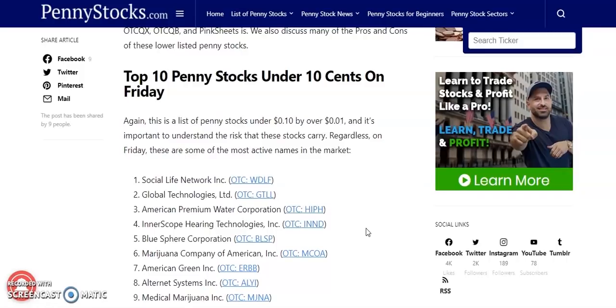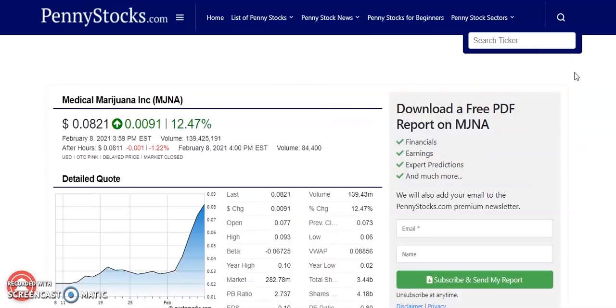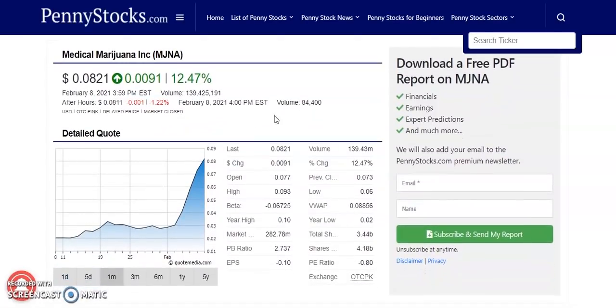So it's going to be the medical Mary Jane. This one is going to be ticker symbol MJNA. This one's been turning some heads in recent times. It was up about 12.47%, currently trading at around 8 cents per share, just a little bit under the 10 cents area. Volume 139.43 million. This one was trading just a few days ago at around 3 cents per share, so it's made almost a 200% gain, a little bit less than 200%, in a matter of a few